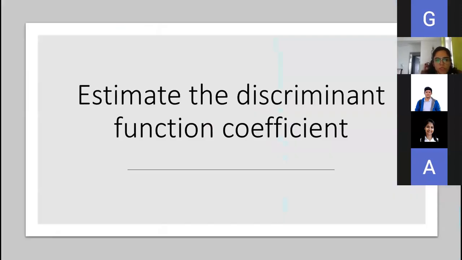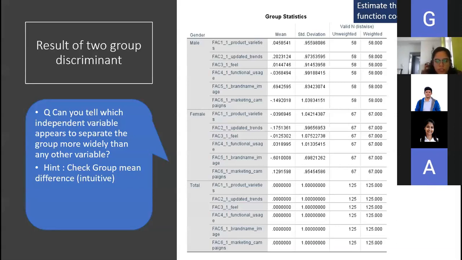So the first thing is you estimate the discriminant function coefficient. And what is it that you do? You just run this analysis. I'll share the screen captures, but I'll go through some important tables and what you have to look at. Check this table for male and female. Can you spot, this is just intuitive, okay, which variable it is? See, this is factor 1, this is factor 2, this is factor 3. Similarly, in female, factor 1, factor 2, factor 3.